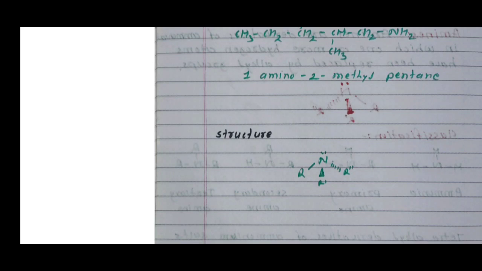Each of the 3 sp3 hybridized orbitals of nitrogen overlaps with orbitals of hydrogens or carbon, depending upon the configuration of amines. Due to the presence of the lone pair, the C-N-H angle in amines is less than 109 degrees. Here 109 degrees 28 minutes is the tetrahedral angle, the characteristic angle of tetrahedral geometry, and the angle of amines is about 108 degrees. This is the structure of amine.